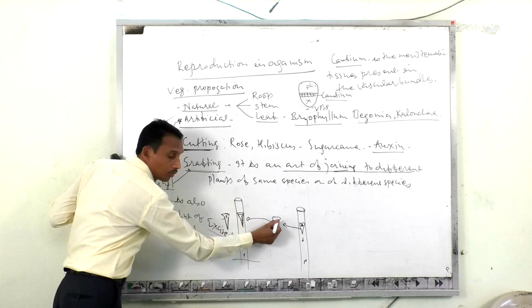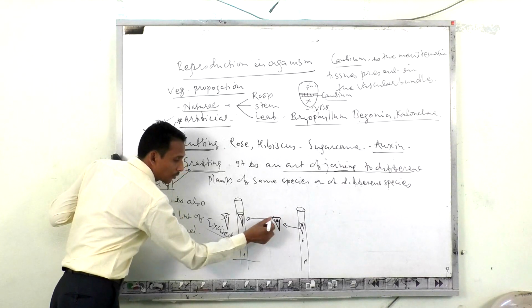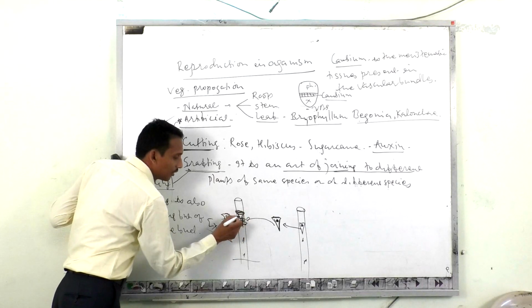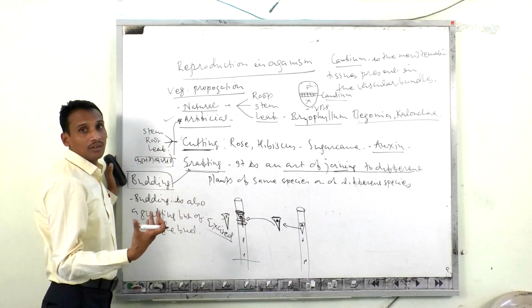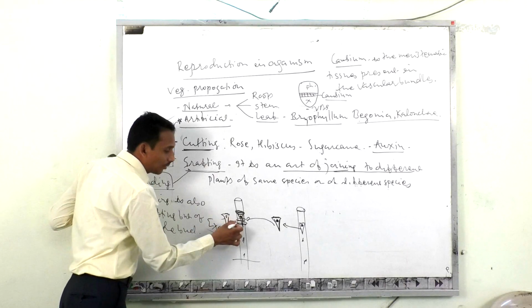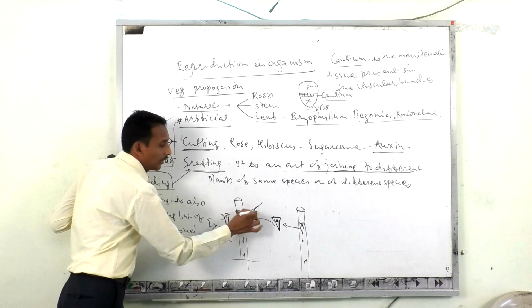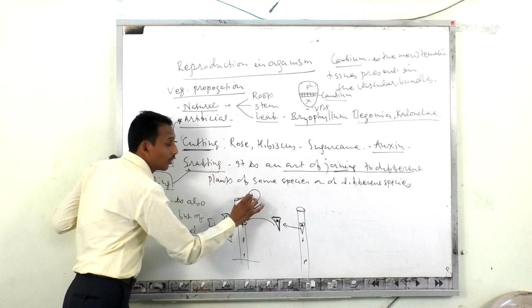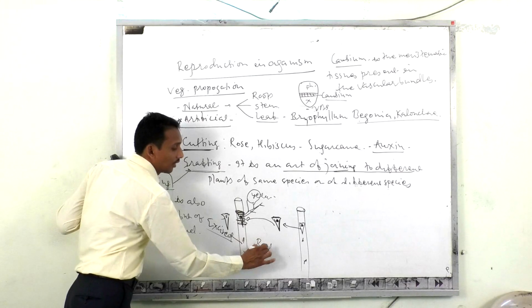Over that particular node or axillary bud, there should be some part of the wood present, which gets fitted here, and then using the thread you tie it completely. Just see that this bud along with that node is not completely hidden. It should be open. After some time there should be a formation of a new branch from that bud, and on this single branch there should be new yellow-colored flowers, and on the lower branch there should be red-colored flowers.